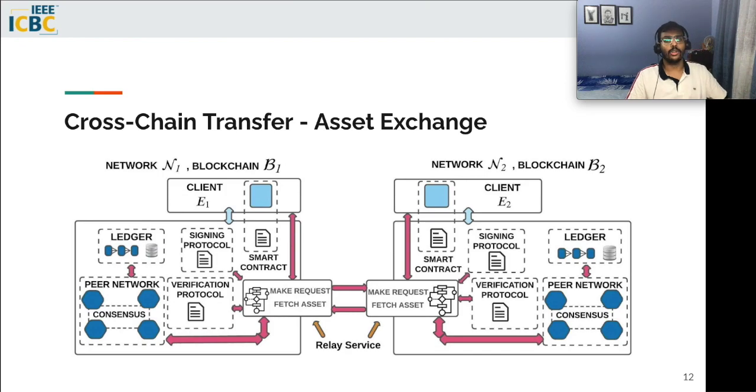Before we dive into the specifics, I want to point out that we assume the existence of an identity interoperable network as a blockchain service, which helps the clients to access the public keys of the clients from other networks. PFT uses a relay service, which is run as a service by one of the networking clients, that acts as a mediator throughout the transferring of the assets.